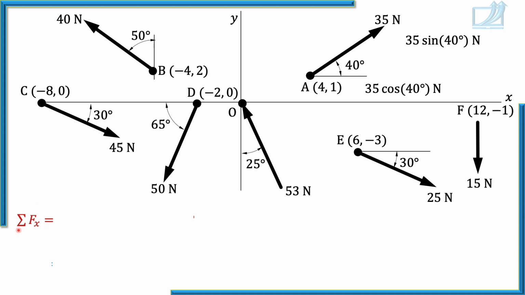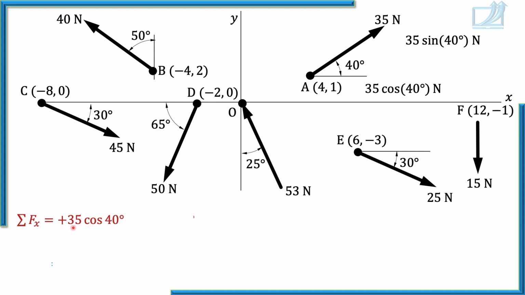Now let's add the horizontal components of all the forces. The summation sign sigma is used here, sigma Fx or summation Fx, the sum of x components of all forces in the system. So let's write a statement to add x components of all the forces. So one by one we'll consider all the forces. But remember, we are not going to show components in the diagram.